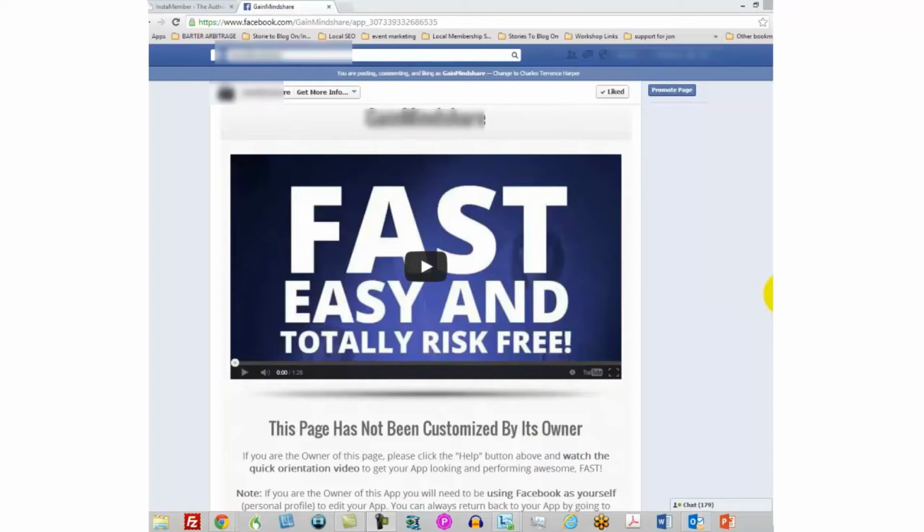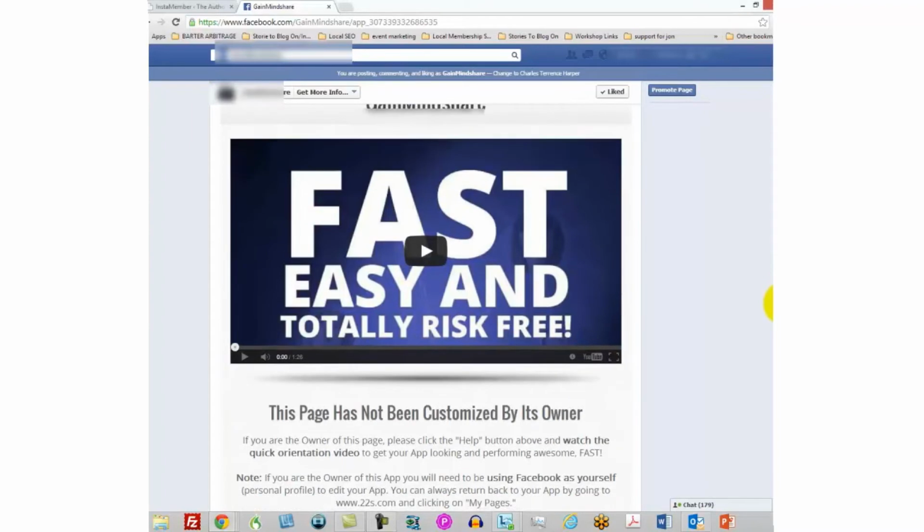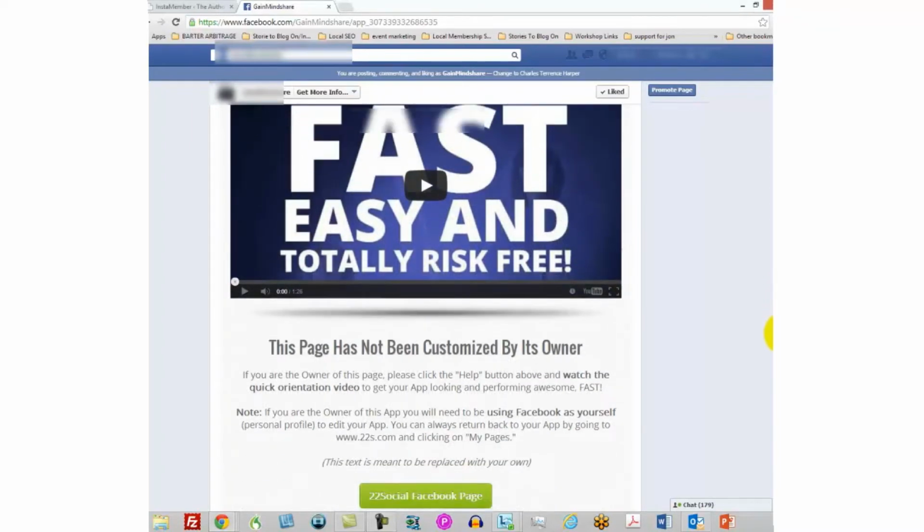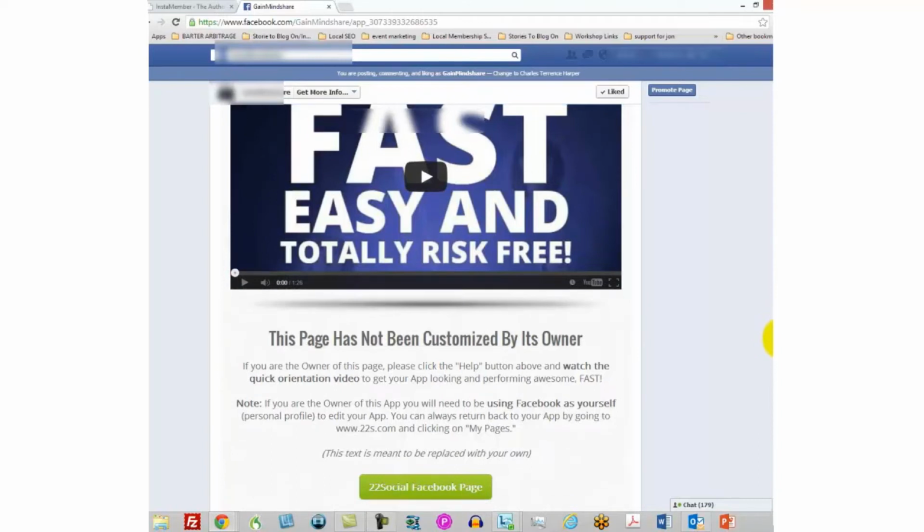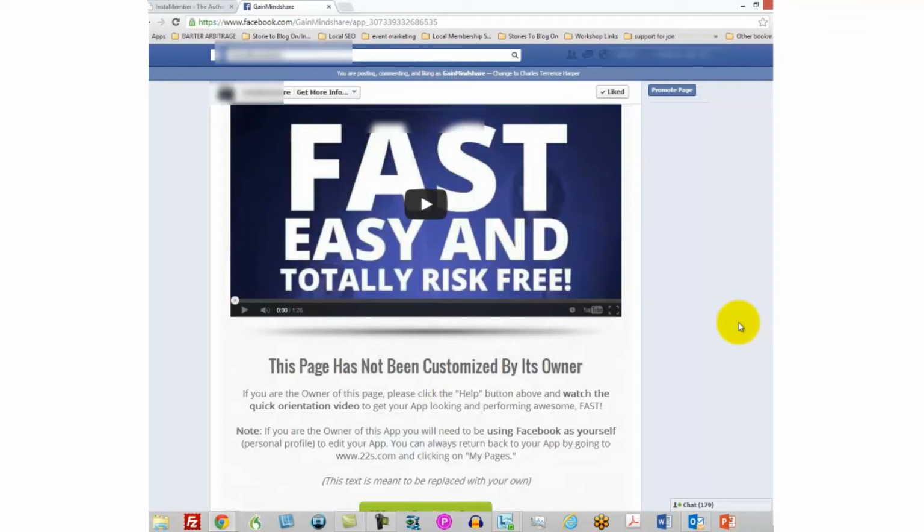The easiest way to do that, there's a free service by a company called 22 Social, and you can just go to 22 Social inside of your Facebook feed, and what you're going to do is you're going to set up your page. You can set up this page to be an opt-in page. You can set it up to be a video. You can set it up to be an automated webinar. You can set up this page on your fan page for whatever it is that you want to do, and you're basically going to be having your own website on Facebook.